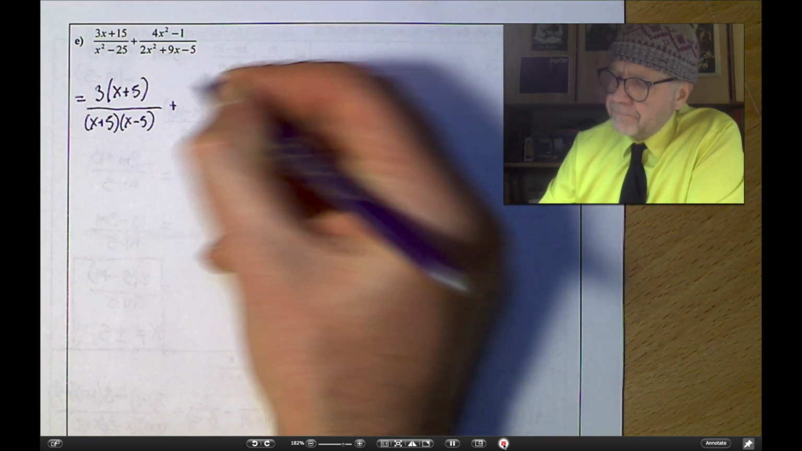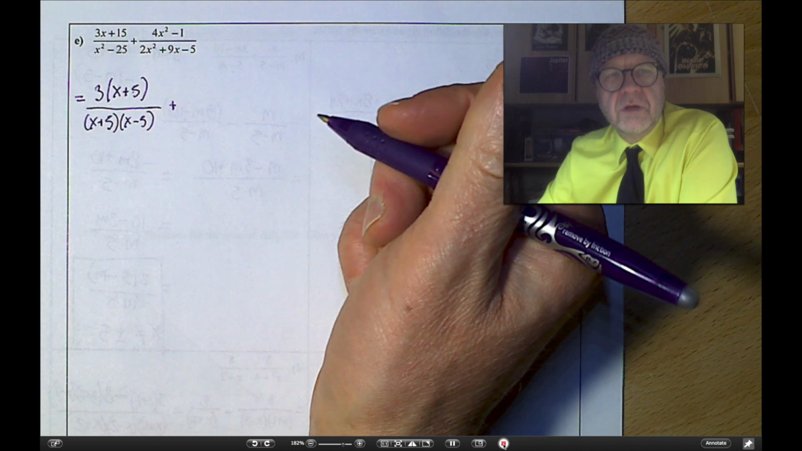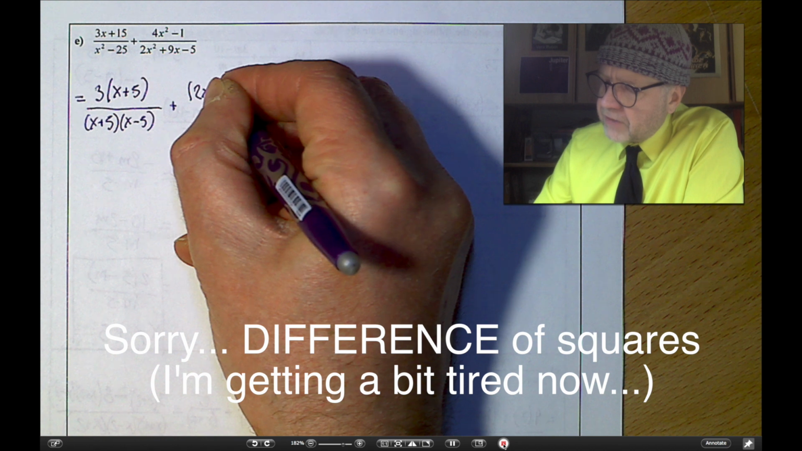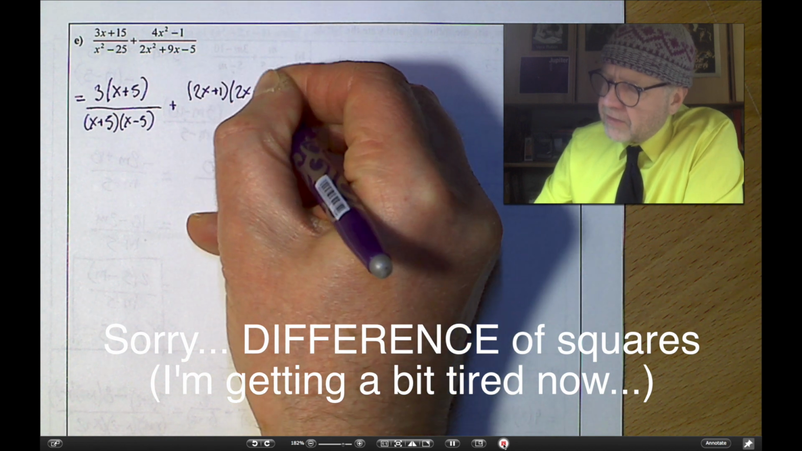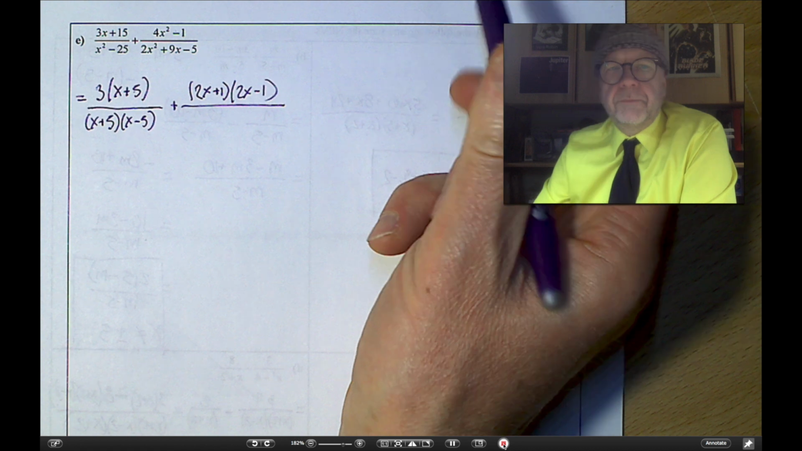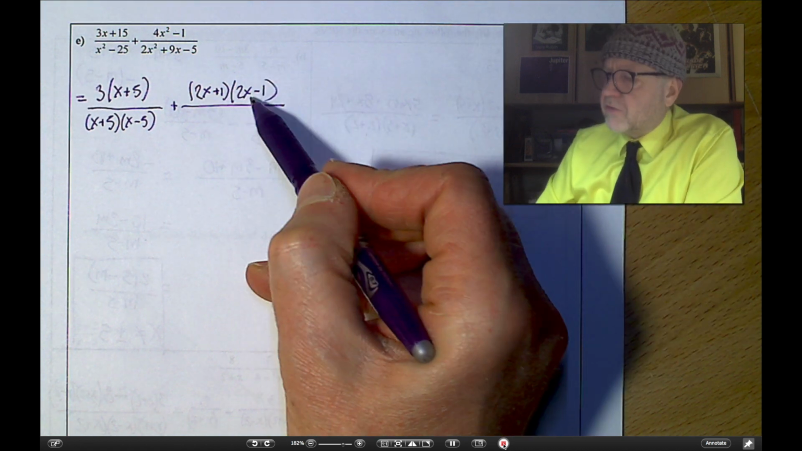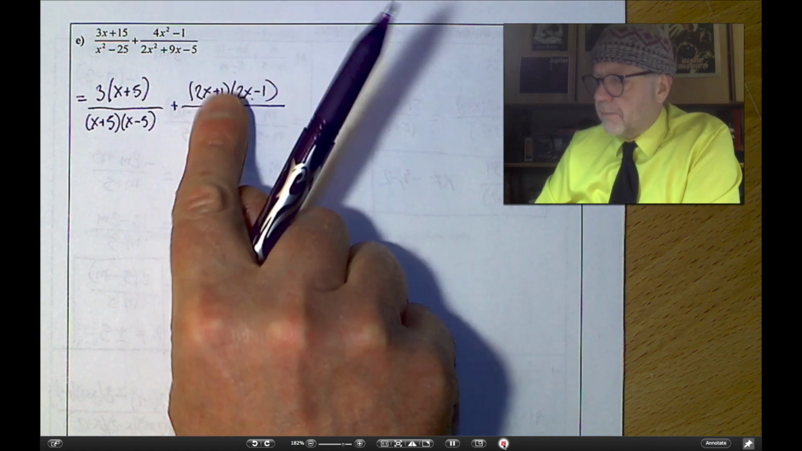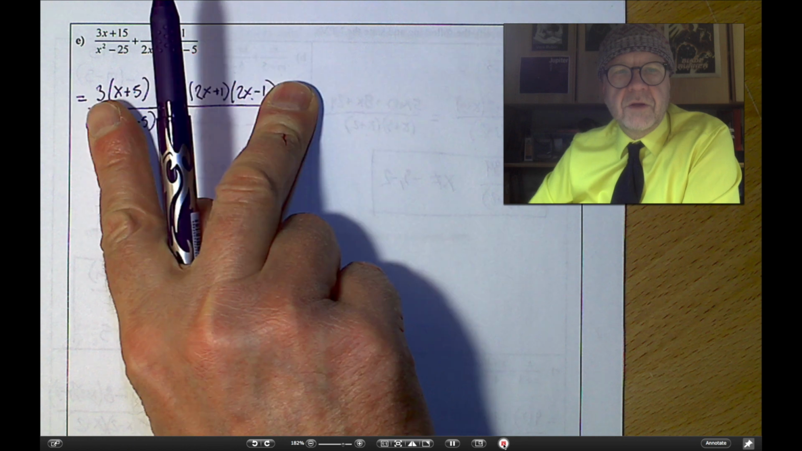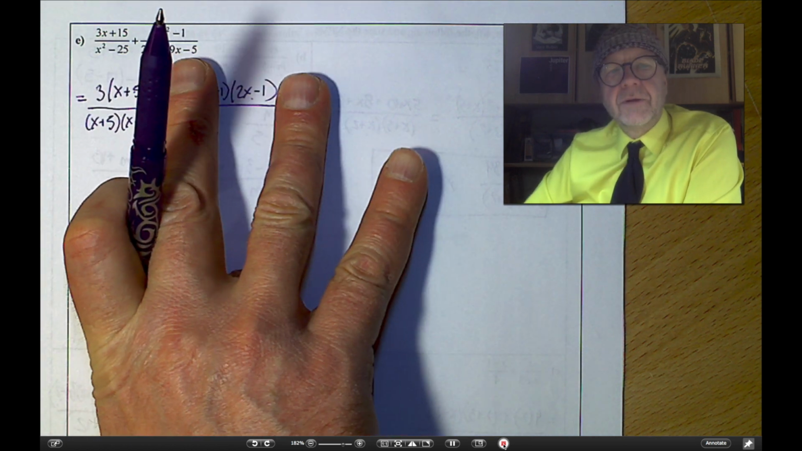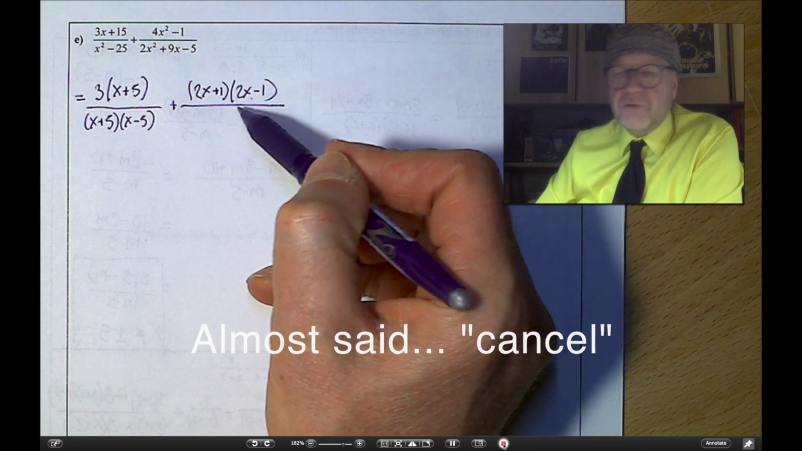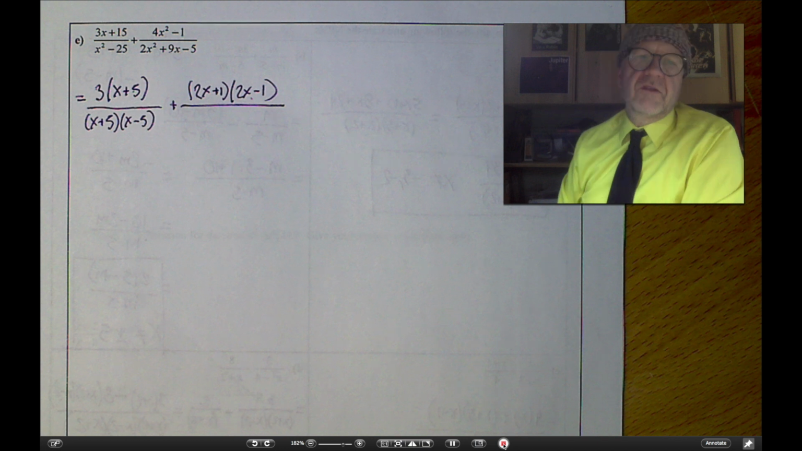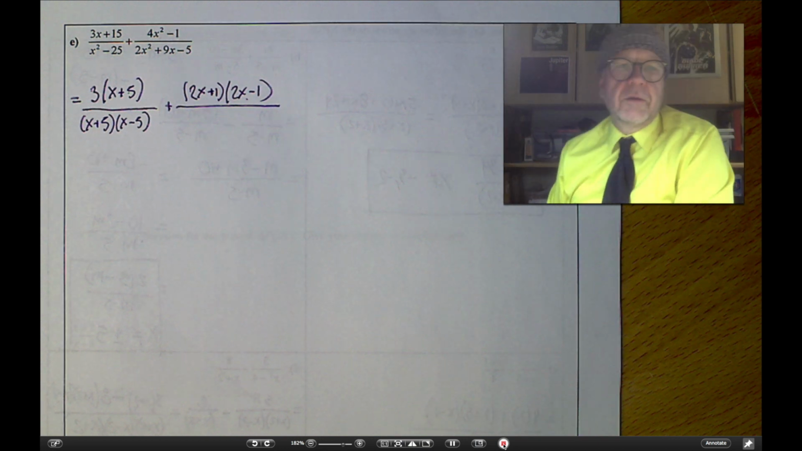Plus 4x squared minus 1. Remember I told you that 4x squared minus 1 is also a difference of squares: 2x plus 1 times 2x minus 1. And just take a moment and confirm. Let's expand the binomial. 2x times 2x is 4x squared. Boom. Minus 2x plus 2x. Whoops. Plus 2x. There we go. Okay, they subtract out. Minus 1. Yes. So 2x plus 1 times 2x minus 1 are indeed the factors of 4x squared minus 1. And